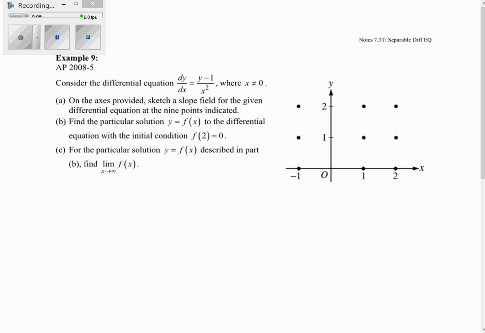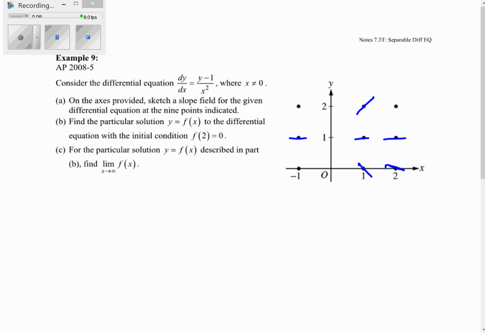You can just pick random points, or to save time, let's look at the top. We have y minus 1. So anytime y is 1, we're going to get a slope of 0. Alright, now maybe you want to pick some other points. So when x is 1 and y is 0, we're going to have a negative 1 slope. When y is 2 and x is 1, we'll have a positive 1 slope. Okay, when x is 2 and y is 0, we get negative 1/4, so that's